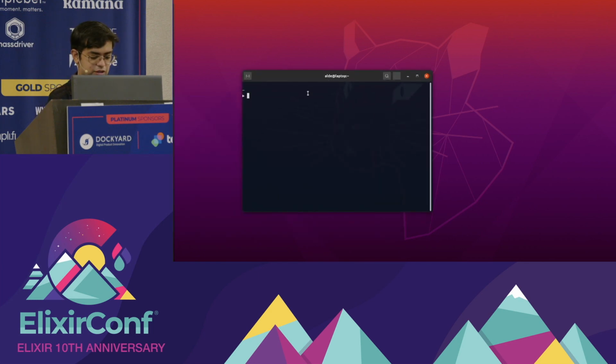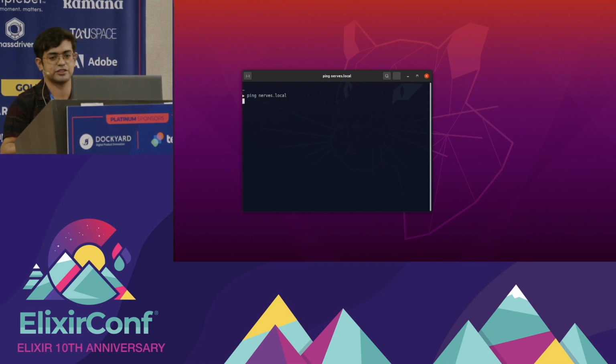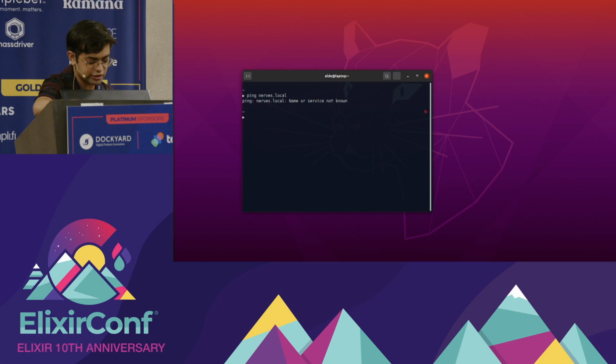Here, first we have to ping the device. So, there is the history. Ping nerves. Look. As you can see, there is no connection because I am not connected physically. So I'm going to connect the Ethernet right now.